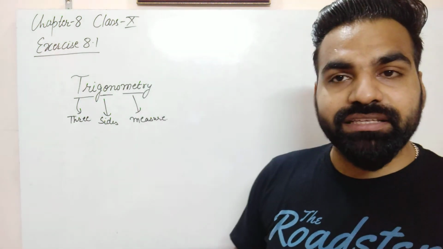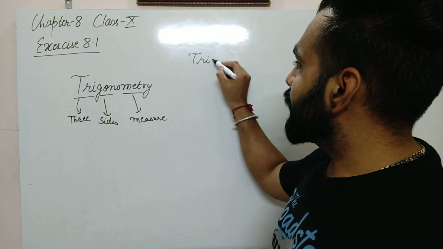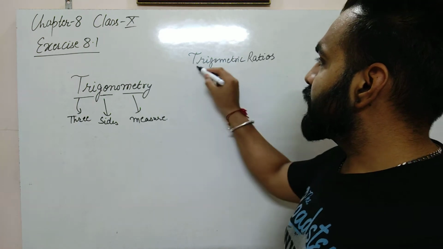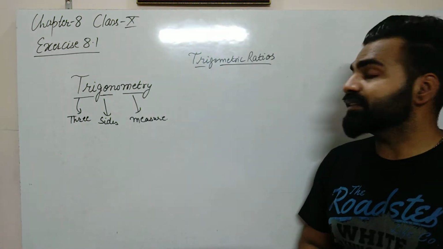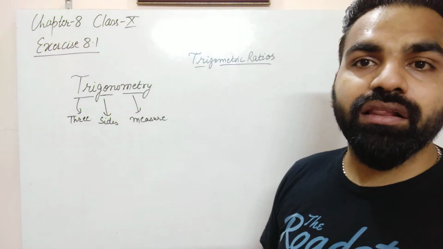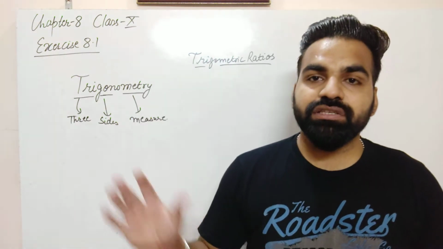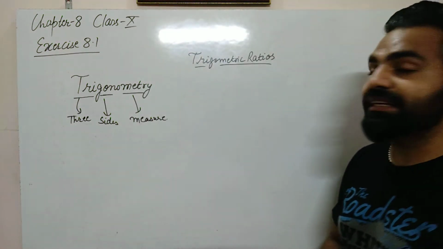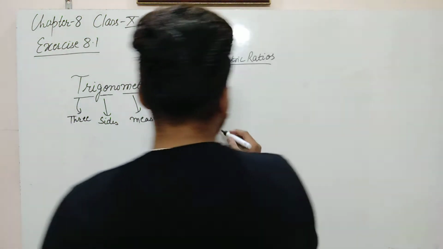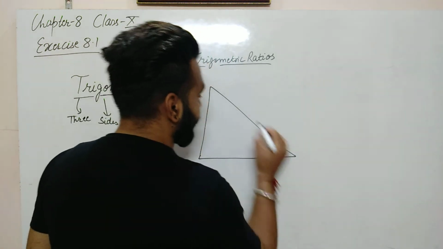So in trigonometry we discuss some trigonometric ratios. Trigonometric ratios means that we find the ratio of the sides with the help of an angle, or conversely, we can find the angles using the ratio of the sides. There are 6 trigonometric ratios we have to discuss, but first of all let us discuss a few points regarding the right angle triangle.